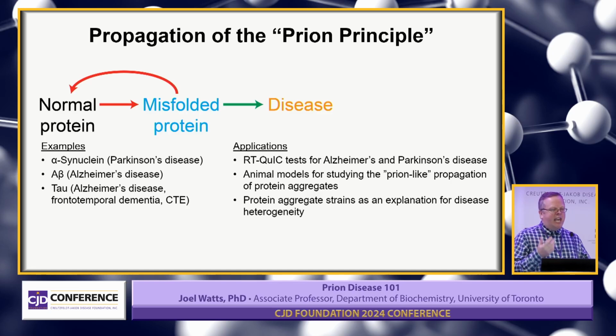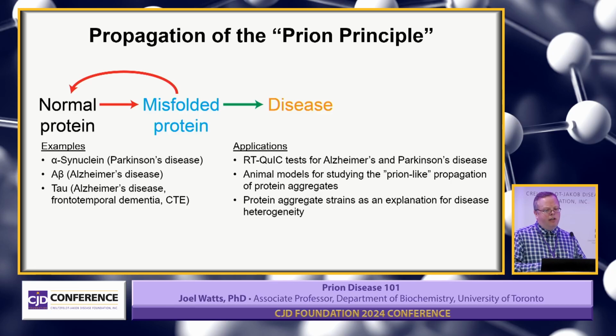We can now have animal models for Alzheimer's disease and Parkinson's disease where, like for the prion models, you inject them with a seed of protein aggregates that then causes protein aggregation in an animal model that you can use to study how these aggregates spread in the brain. And the idea that strains of protein aggregates explain clinical and pathological variability in neurodegenerative diseases has now been shown to be true not only for the prion diseases, but also for diseases caused